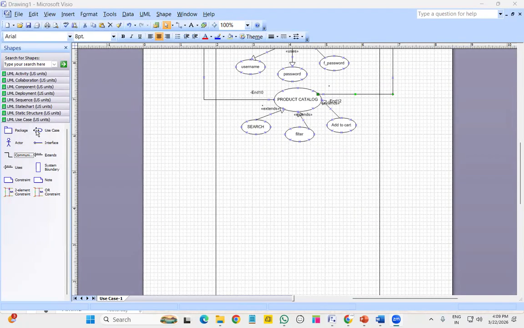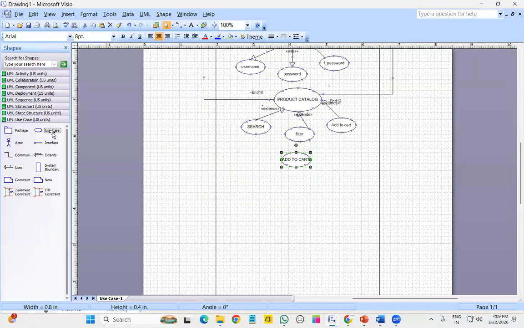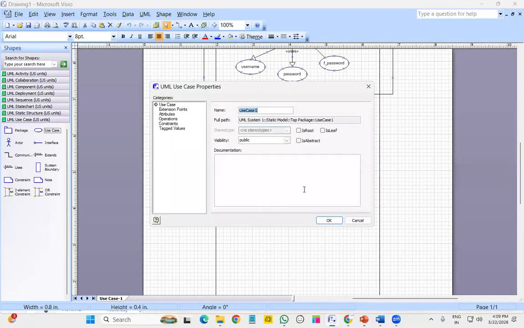Let's consider after this product catalog, if I liked one product, what will I do? I will add to the cart, right? So first of all, I will add to the cart. So I am giving an essential use case, add to cart. In this add to cart, I'm giving these three options. One is favorite,